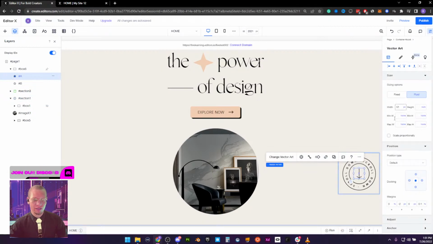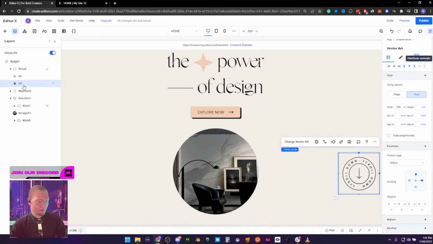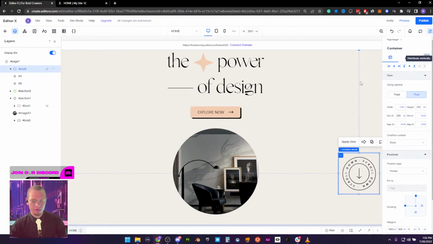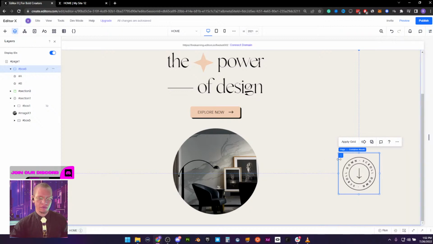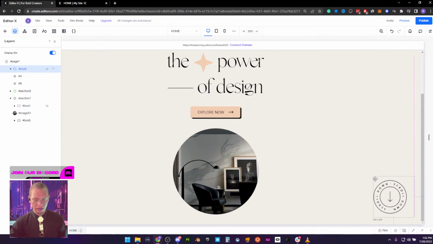All right, A, let's see what we've got here. We're going to keep it with the width at 51 pixels. B, all right, width 200. Okay. Let's go back to the box. Height 200 pixels. Let's do auto. Min width set to none. All right, we're going to set this right over here. It's now docked to the bottom and to the right. We're going to try to pull it just a little bit more.